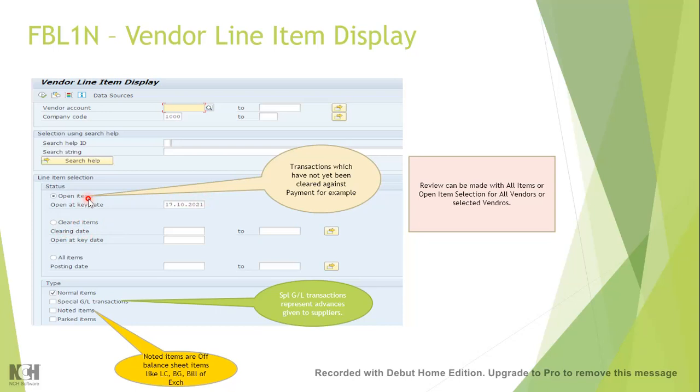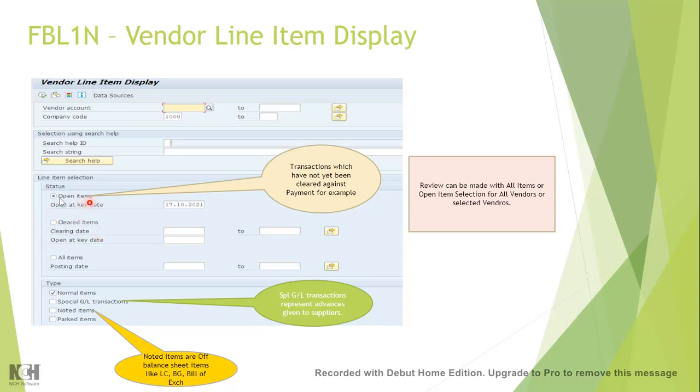Whenever you make any posting to a vendor, it also posts a transaction to a GL reconciliation account to which the vendor is mapped. So when I process an invoice to a vendor, it gets into the vendor account as an open item. Once you make a payment against that item, it gets cleared. So it finally becomes a cleared item.